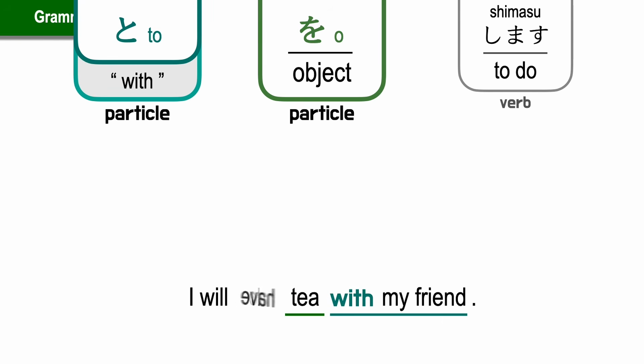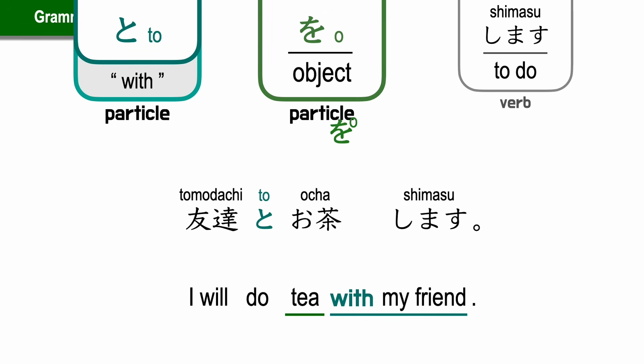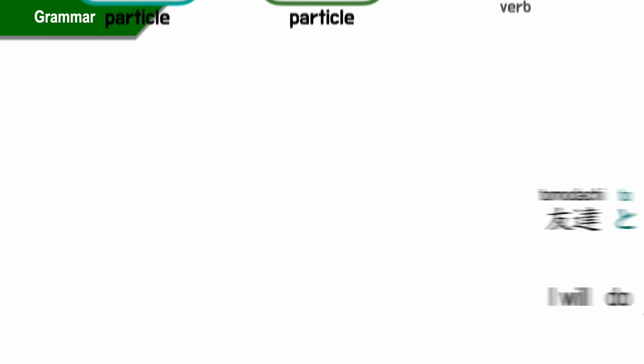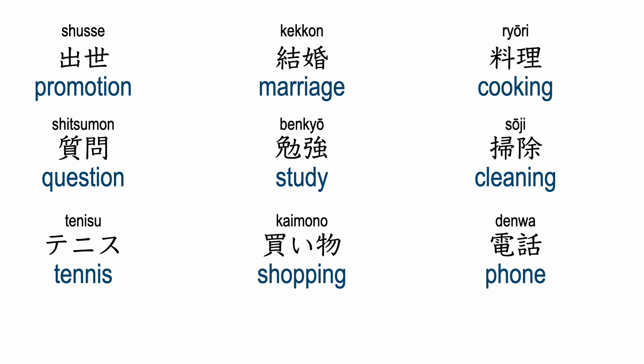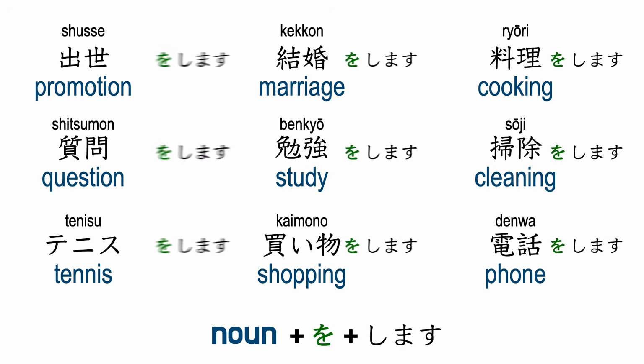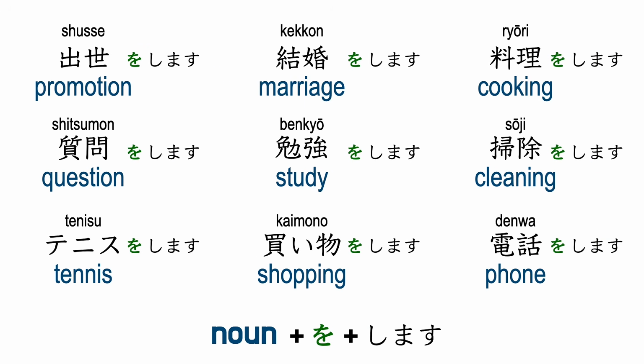One way to say this in Japanese is I will do tea with my friend. 友達とお茶をします。